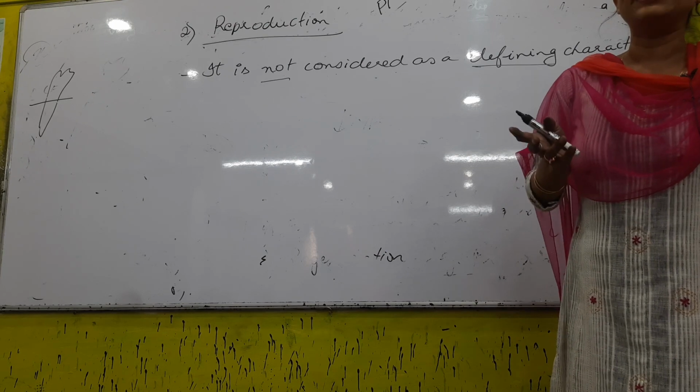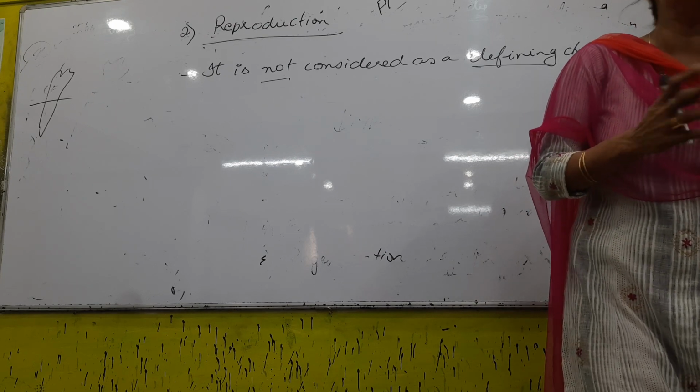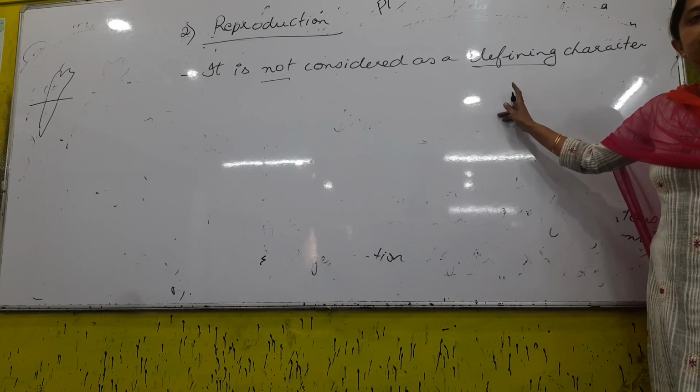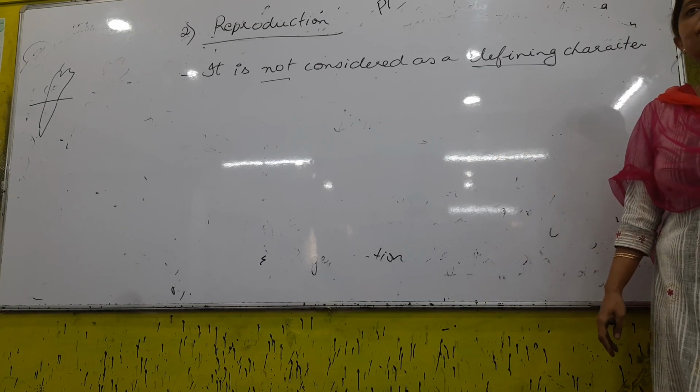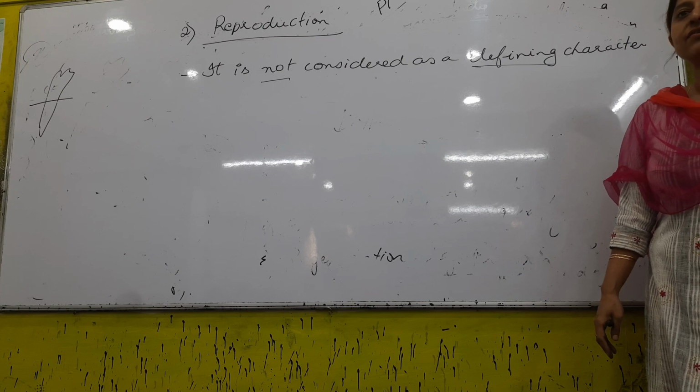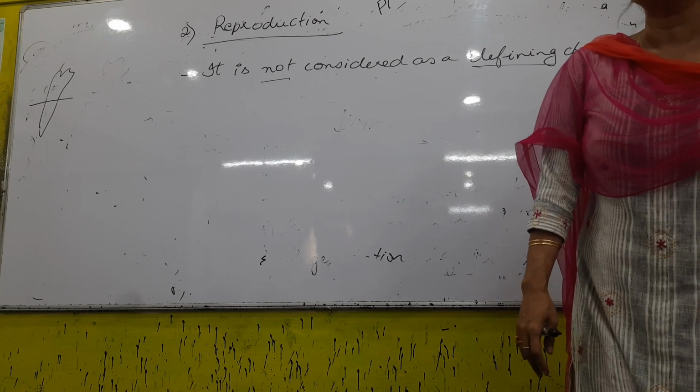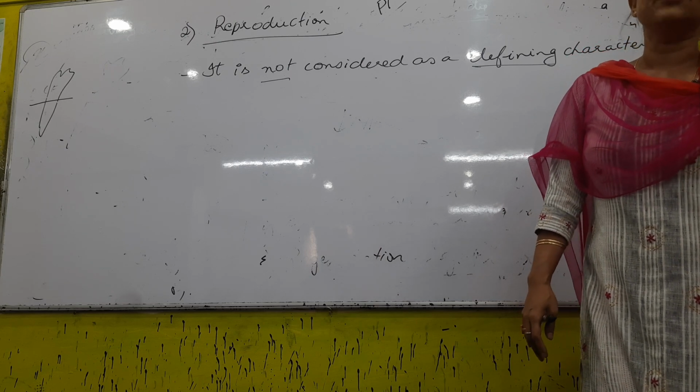Growth is non-defining, because growth is something that is seen in both living and non-living things. When we are talking about reproduction, it is also non-defining. You know why it is not defining? Non-living things also grow, right? It is non-defining here because there are certain living things that do not reproduce.